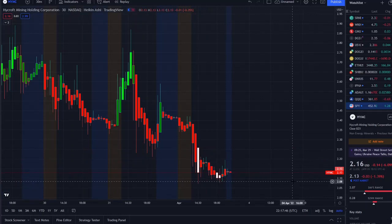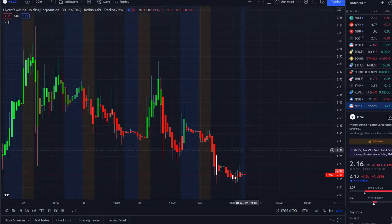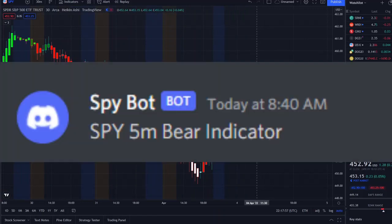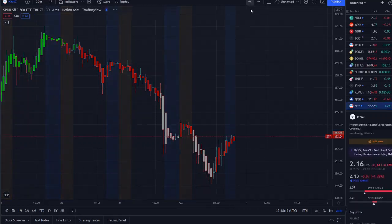So here we are with HYMC continuing to pull downwards, and it was not the only stock pulling downwards. The overall market and even the SPY pulled downwards, and our SPY bot since 8:40 a.m. sent us out a bear indicator, and from that moment forward, put options were up 3 to 4x within an hour, guys. And this is our new release that allows us to have an edge within the volatility of the markets to maximize on opportunities, whether stocks are going up or going down,